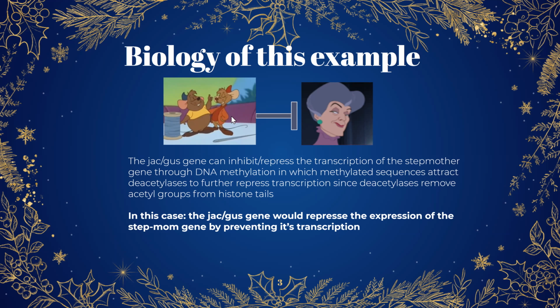And so we can look at it in terms of the relationship between the Jack and Gus and the stepmother gene. The Jack and Gus can inhibit and repress the transcription of the stepmother gene, either by acting directly as a methyltransferase or by promoting it. And so through DNA methylation, which is when methylated sequences attract deacetylases to further repress transcription, since deacetylases remove acetyl groups from the histone tails. And so in this case, the Jack and Gus gene would repress the expression of the stepmom gene by preventing